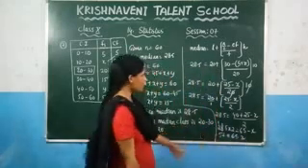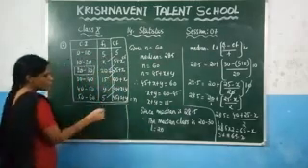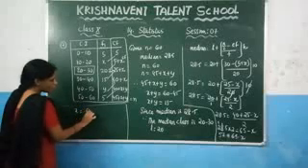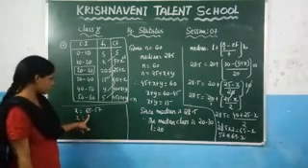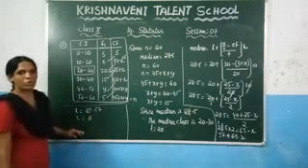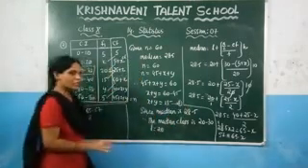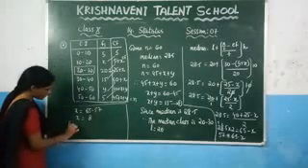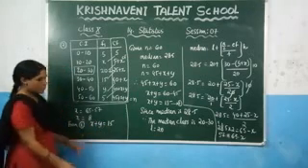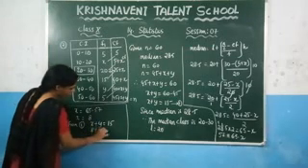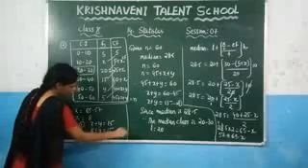Now from this you can calculate the value of x. The x value is 65 minus 57, which is 8. So you got the value of x as 8. Let us consider this as equation 1. Now if you substitute it in equation 1, what is the equation? x plus 5y is equal to 15. In place of x, substitute this value: 8 plus y is equal to 15. So what is the value of y? 15 minus 8, which gives you 7.